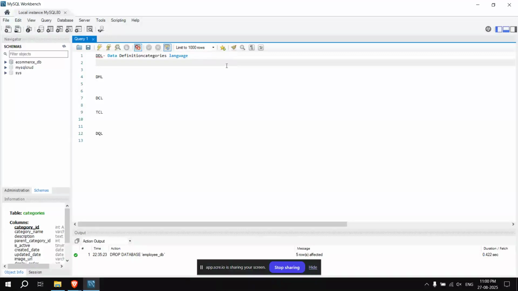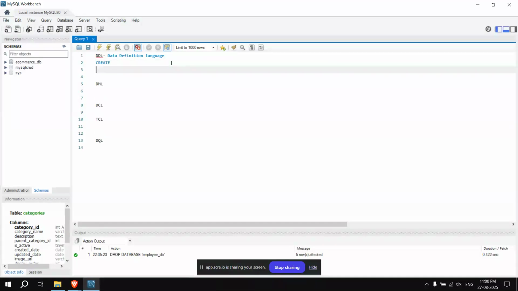So here, the data definition language. What kind of commands come under the data definition language? The create command, alter.